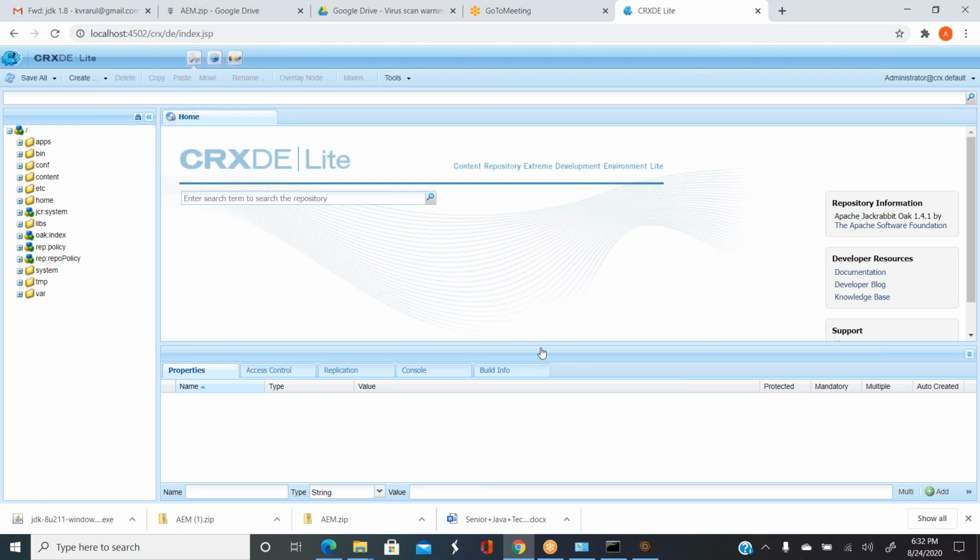Once your author instance is up, you will be able to open all the consoles of AEM. As AEM is a tool, they have provided a lot of consoles for different types of users. There can be content authors, developers, and administrators. For different types of users, they have provided different consoles. Right now you have opened the CRXDE Lite console. So what is this console? This console is a